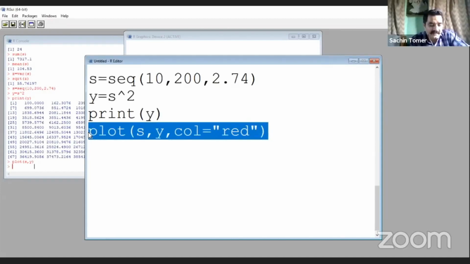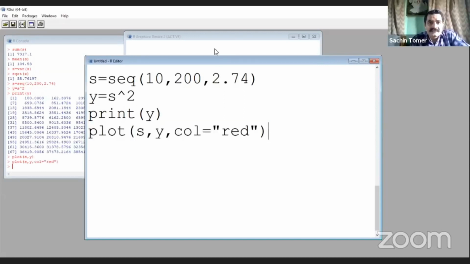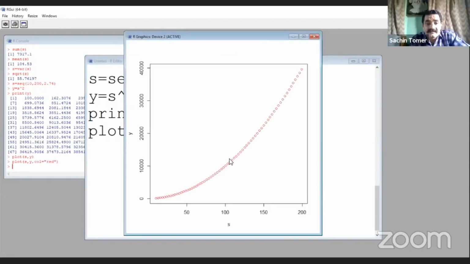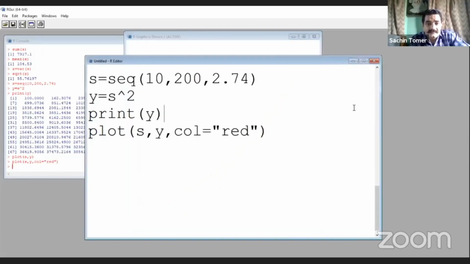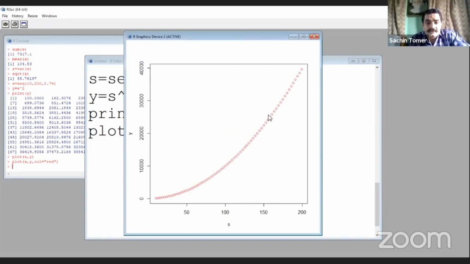Let's run it. Control R. Let's see the graph. The color of the line is red now. So you can change the color of the graph also in our software. You can make it more beautiful. So now it shows that it is a strong correlation, but there is a drawback of the scatter diagram. It does not give any exact numerical value. It cannot provide the numerical value in terms of correlation coefficient.